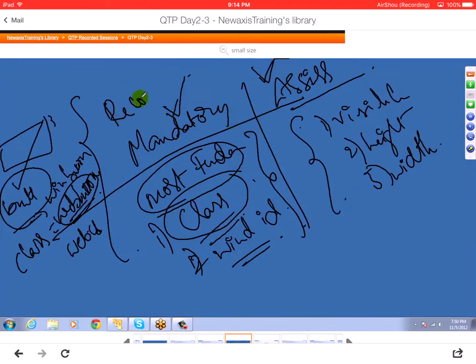And during record time, QTP will store only those mandatory and assistive properties, but it will not store the entire list of the properties applicable for the object. So how will it store? Suppose for every object class there will be by default some object properties. Like